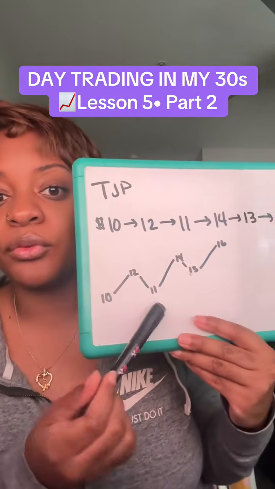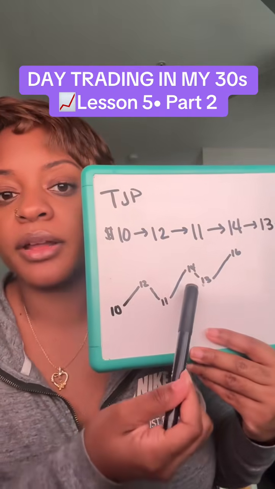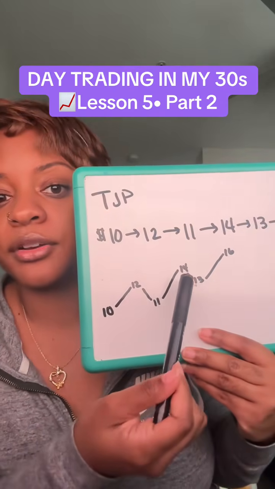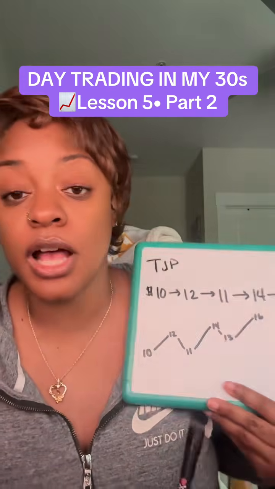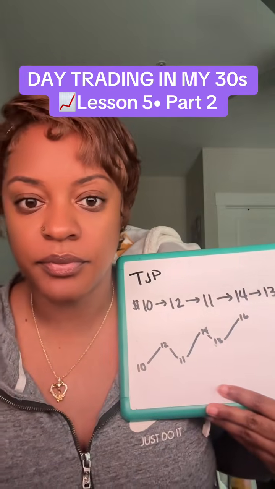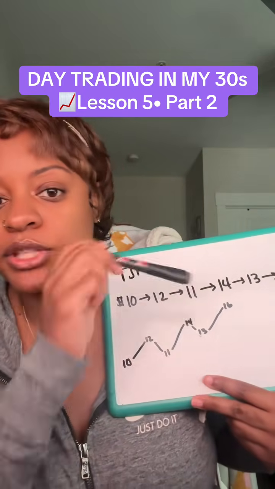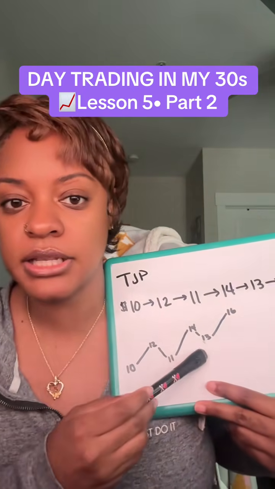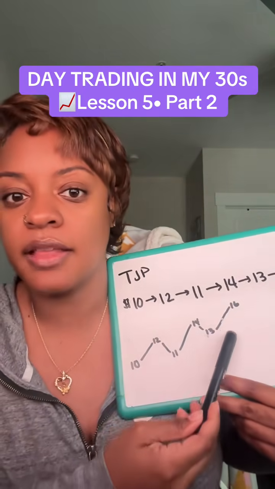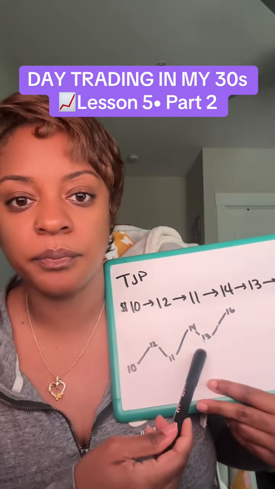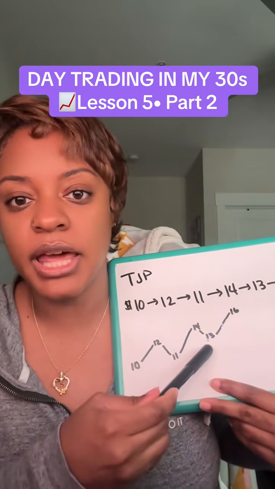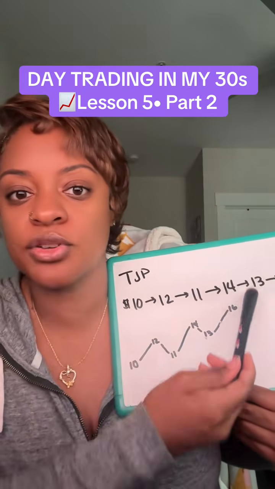When you keep moving from that 11, once it turns around and goes back up, and you see here at this 14, it starts going back down. That 14 is also a swing high. Then it swings around and goes down to that 13, and then it turns around at that 13 and starts moving up. That 13 is a swing low. Then when you go to that 13 and it swings up and starts going back up high,